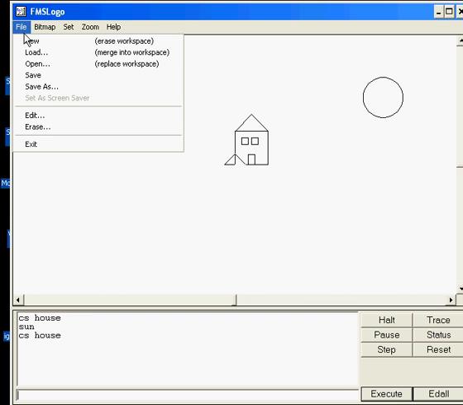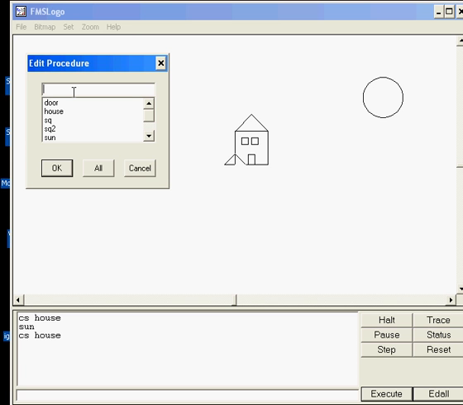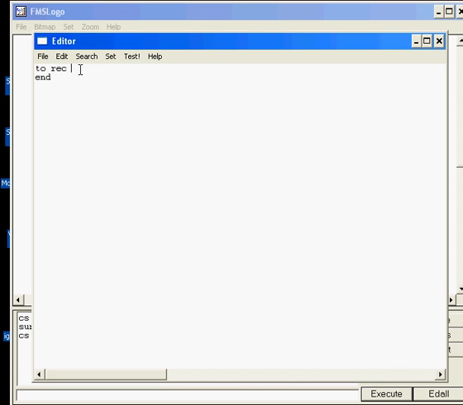Alright, at this time, I'd like you to make a word called rec. File, edit and choose rec. And then up here we got to put a special :L, :W. And then we got to put repeat 2 times brackets forward :L,